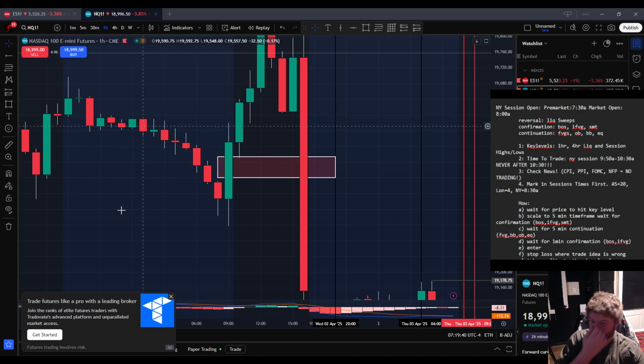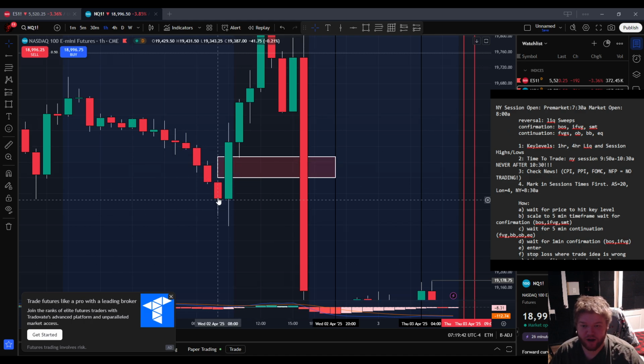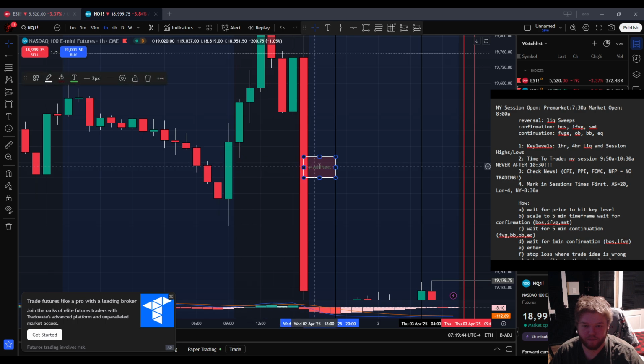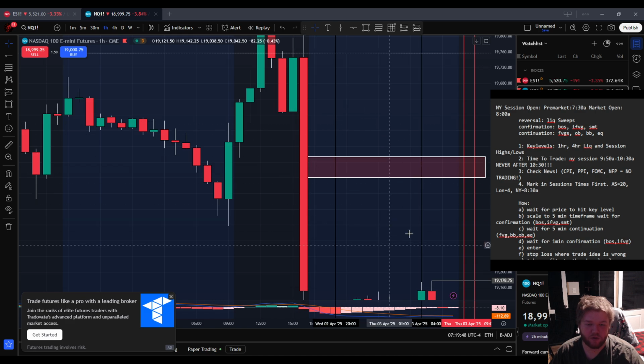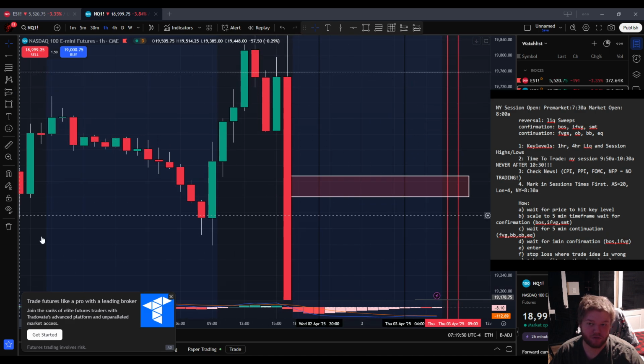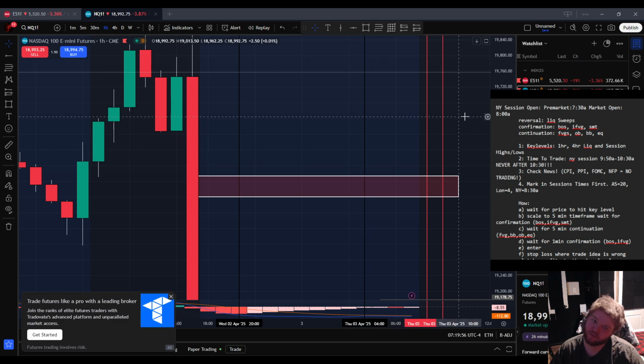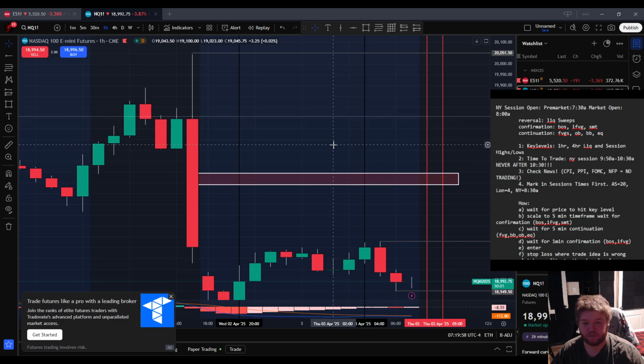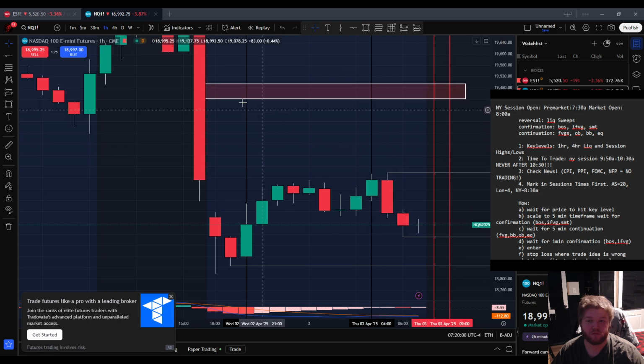We have an inverse fair value gap here, which makes this a valid fair value gap. From this point on, we should be looking for an inverse continued on the higher time frame that says price is going to continue back down. From this inverse fair value up here, we got an inverse that says price is going to continue moving down,